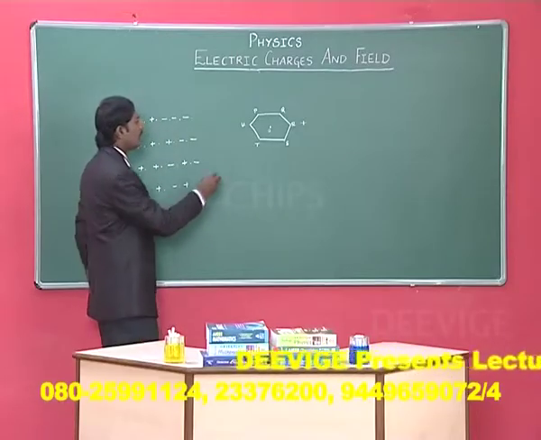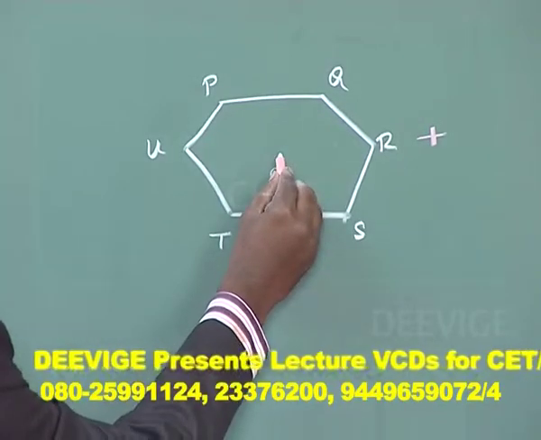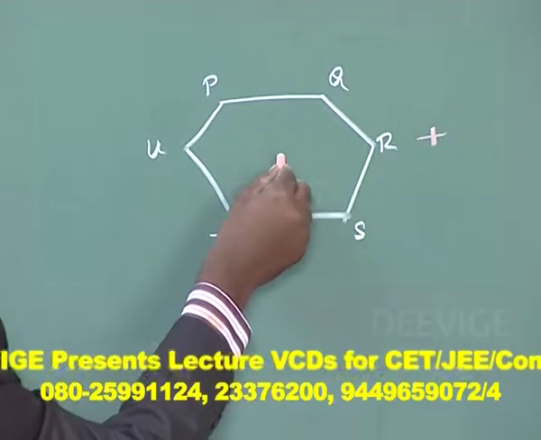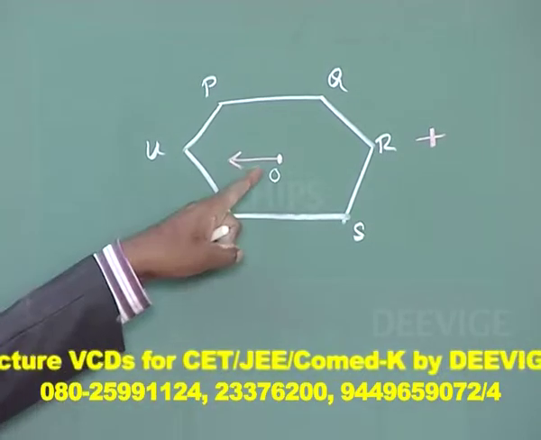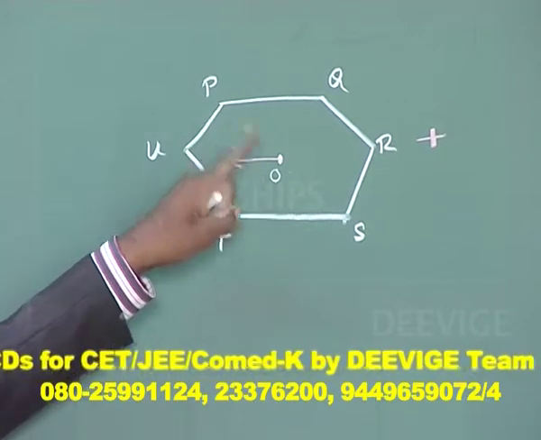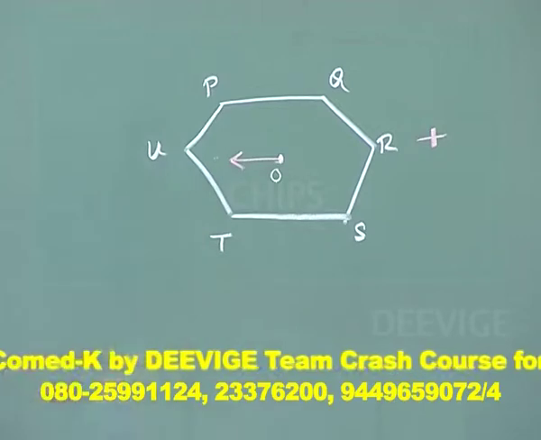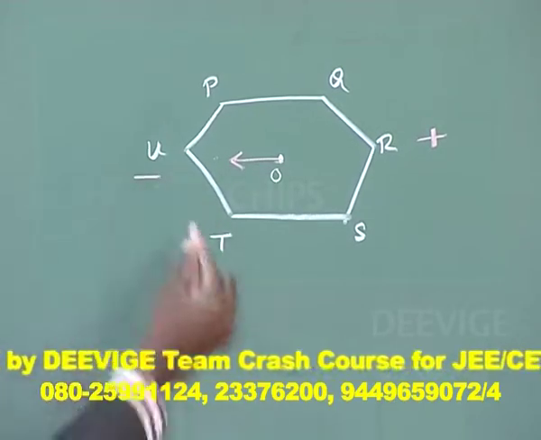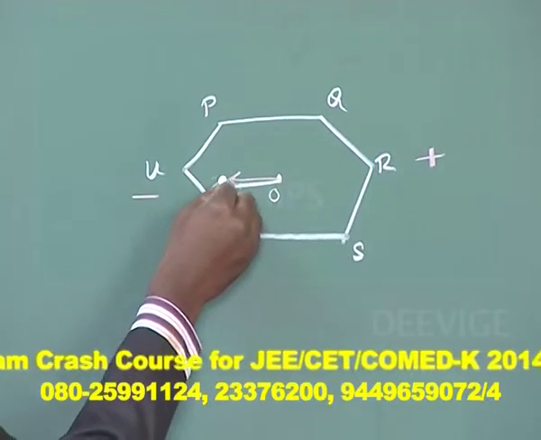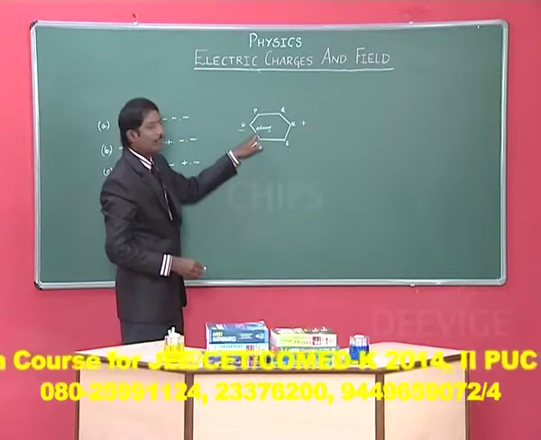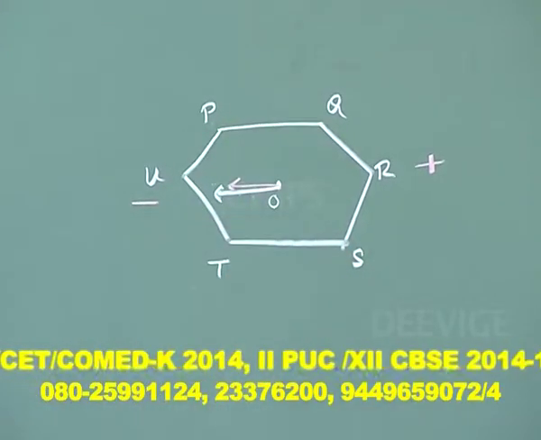In order to get the field to be twice at the point O, the field acting at the point O due to R, because of the positive charge, is going to be diverging. In order to get double the resultant field here, the other field should act in the same direction. In order to get the field in the same direction, U should be a negative charge, then only it is going to converge for the second field. Then the resultant field is going to be twice that. Then for the other 4 corners, the net field should be 0.